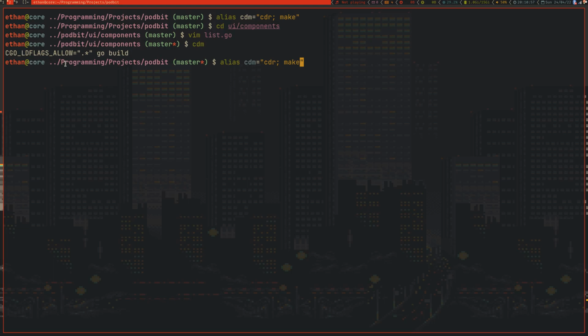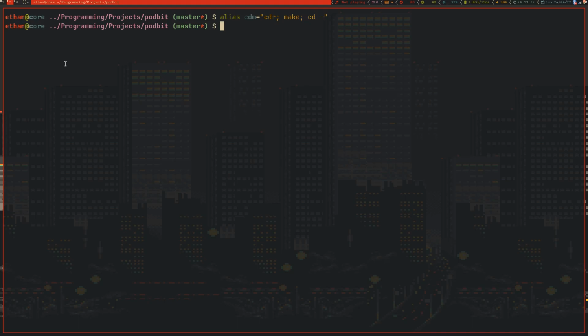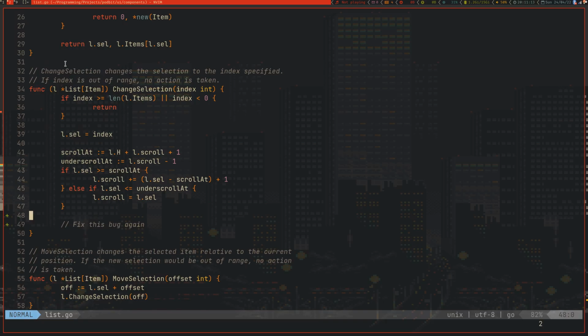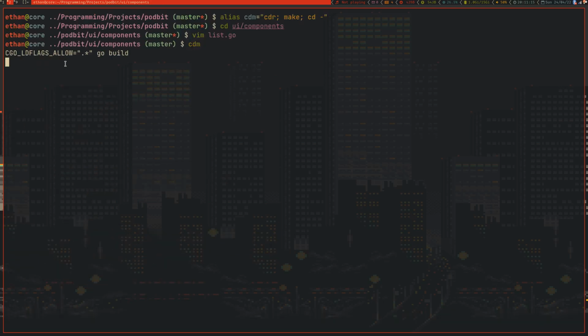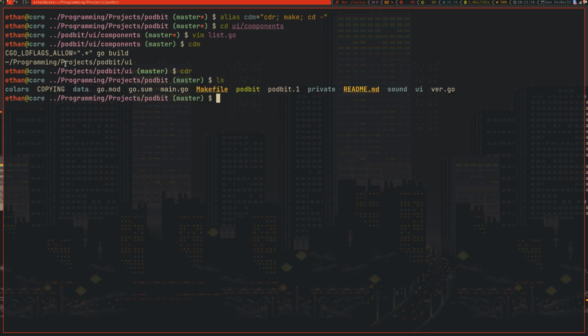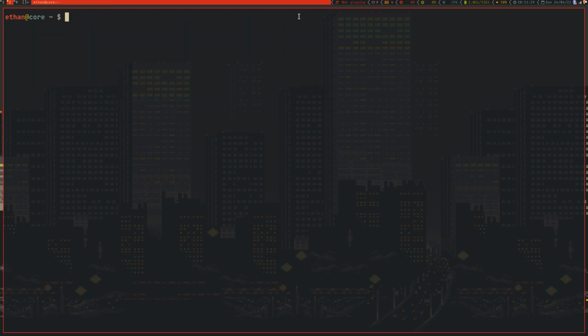So let's change up our alias and let's cd dash. And hopefully this will work. There might be some problems to do with the way that the cdr command works, but components, and let's revert this change that we just made because we obviously didn't actually fix the bug, and then cdm. There we go. So the use of aliases temporarily, and then you can unalias it once you're done. The usage of aliases in order to make your life easier when doing specific tasks is an extremely powerful feature